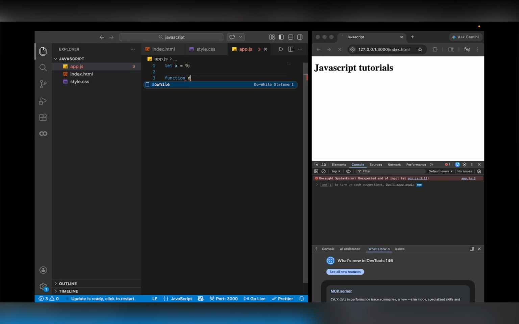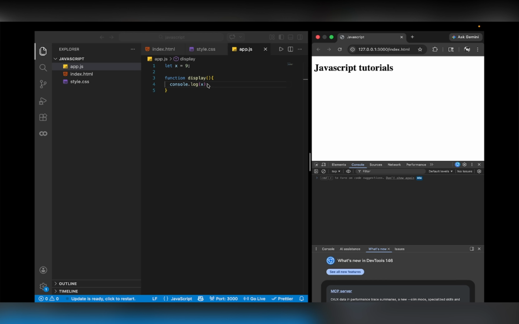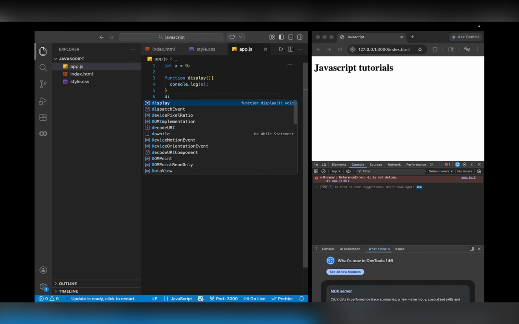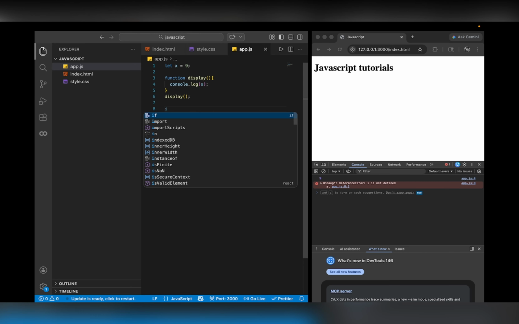function display, console.log x, और हम कॉल करते हैं फंक्शन को display। यहाँ पे आप देख सकते हो कि जो ये x है, ये फंक्शन के अंदर भी एक्सेसिबल है। लाइक x 9, यहाँ पे 9 प्रिंट हो रहा है, तो ये ग्लोबली स्कोप्ड है। राइट, अब इसे और भी हम लोग किसी